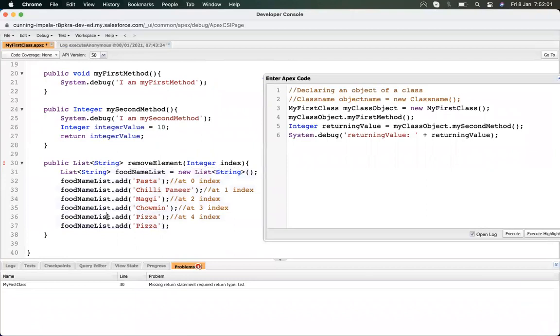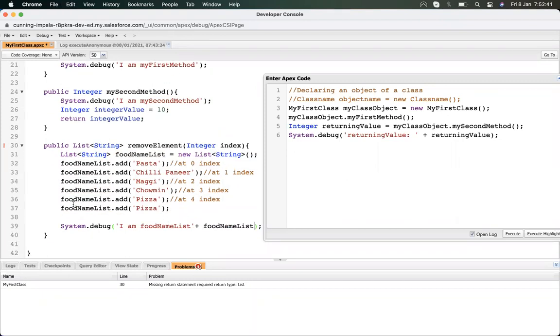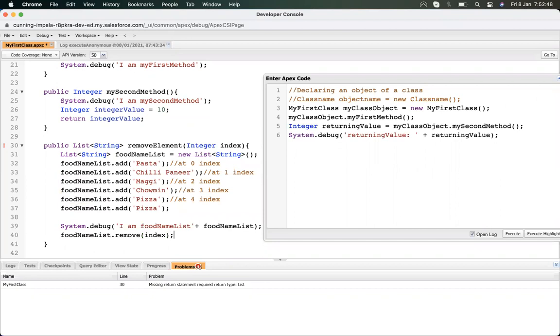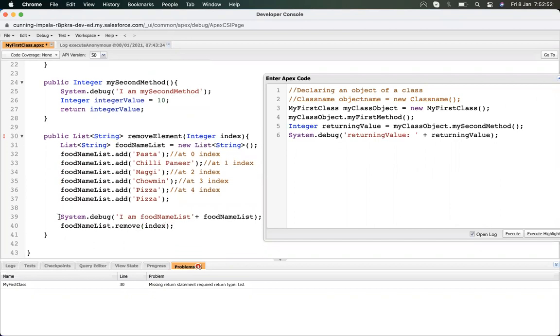Okay, there is a list. And then I will remove an index.